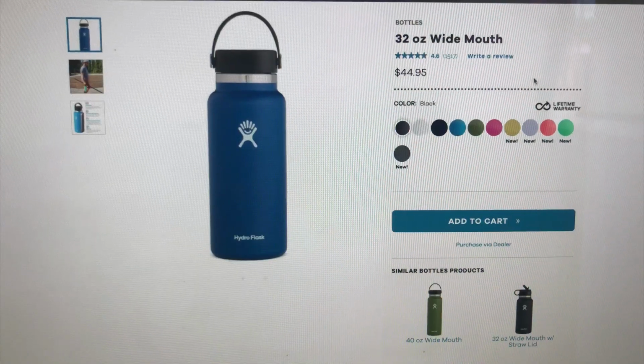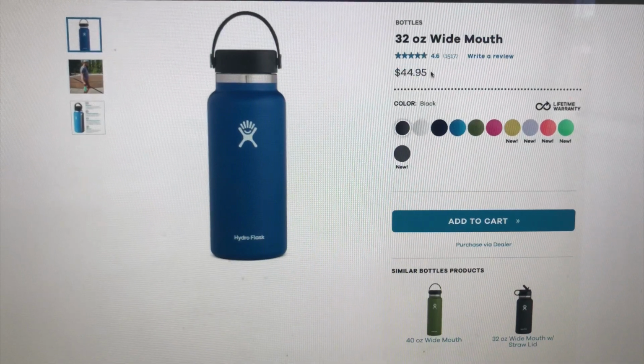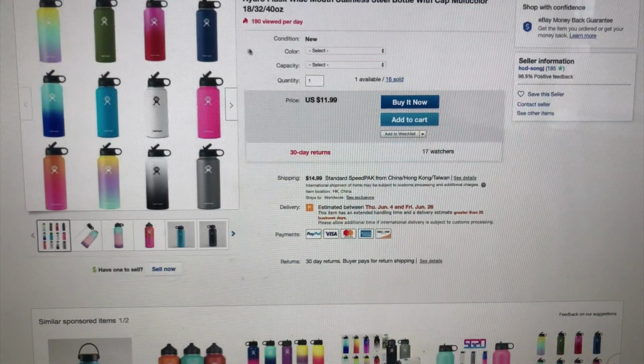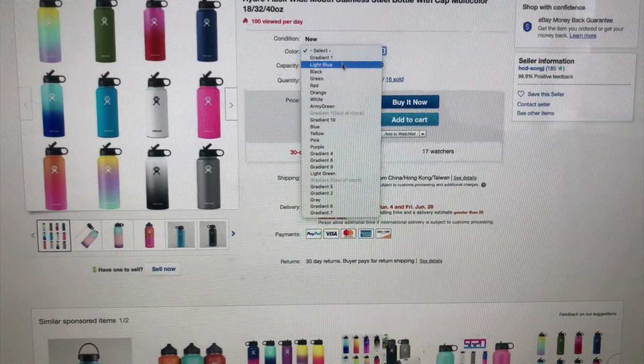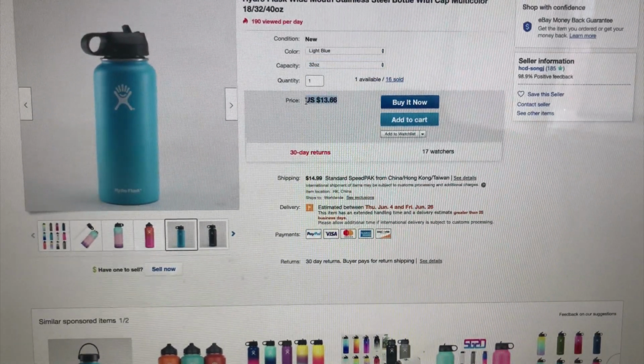The next hugely obvious tell is the price. Now, if we're on hydroflask.com looking at the 32 ounce, which is one of the most popular bottles, we can see that it sells for $44.95. Now, if we go over to eBay, and I've searched for some 32 ounce bottles as well, if we just look at a 32 ounce, we can see this one's selling for